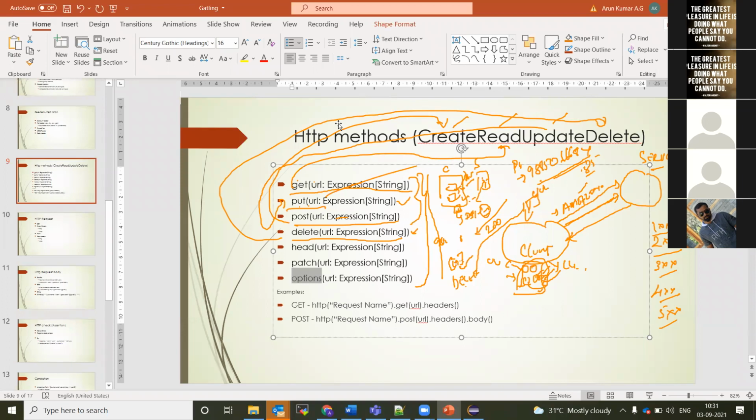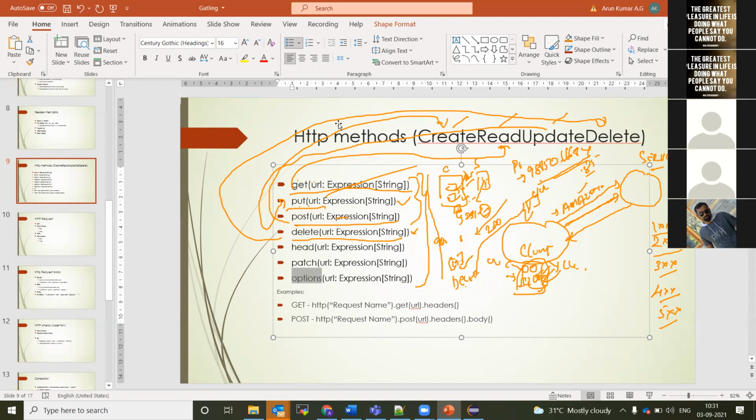That can happen. Why we are not using get for sending the data is, for example, if I am using the login method and I am using Arun and my password, which is a highly secret thing, we shouldn't use the get method to post it, because it will be completely visible to anyone who can intercept and check the response.